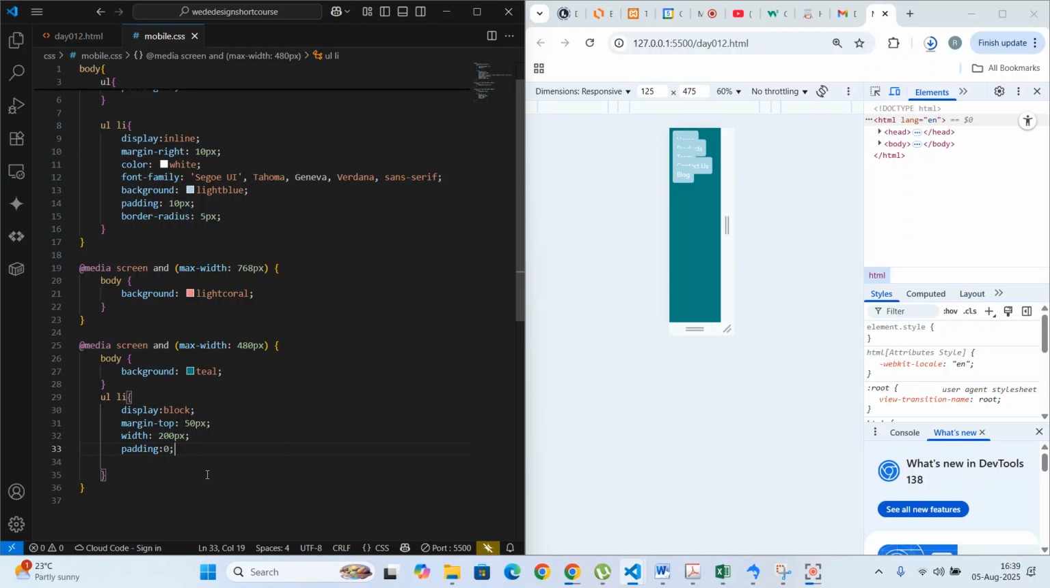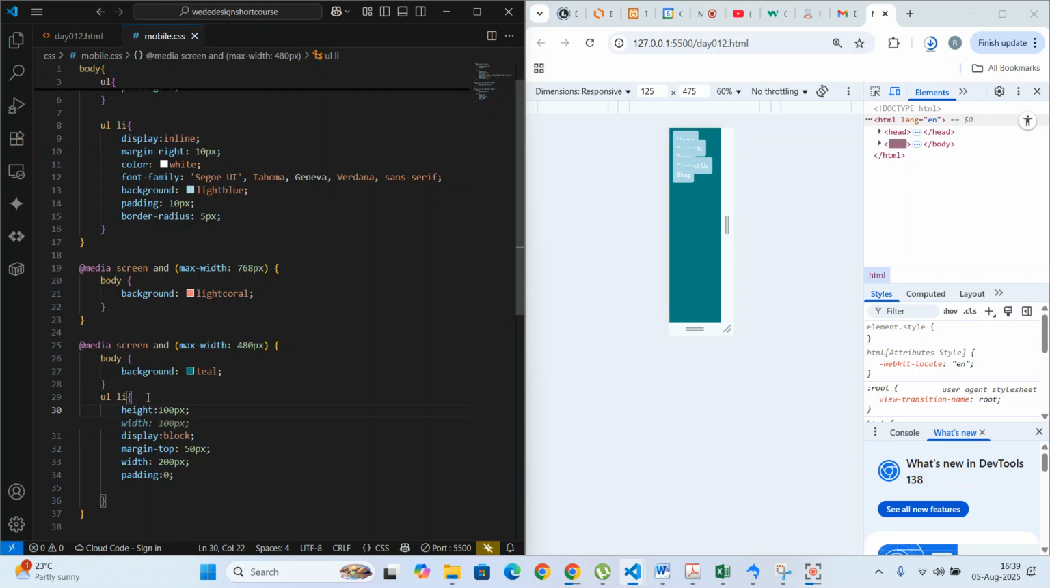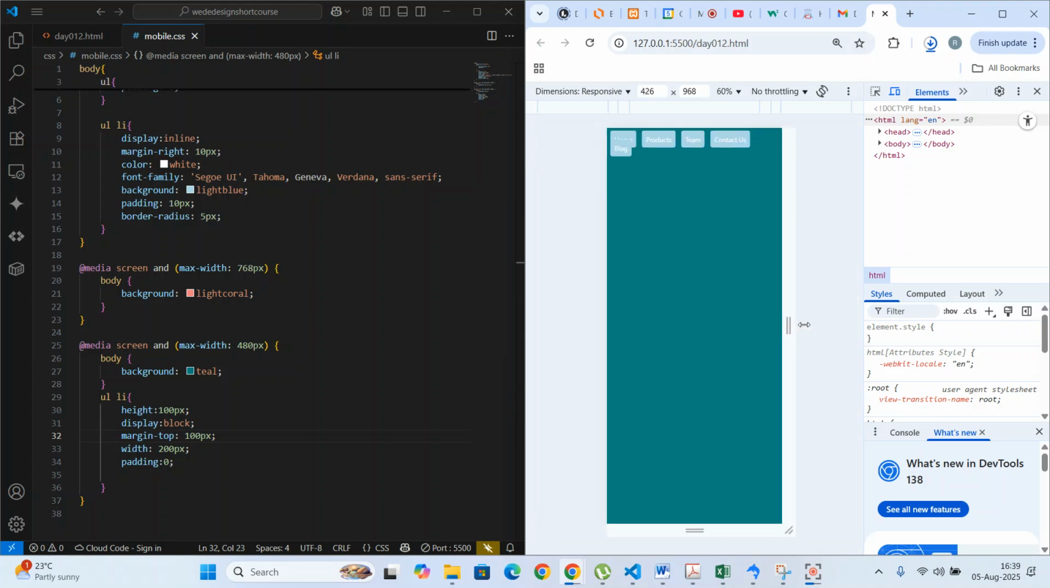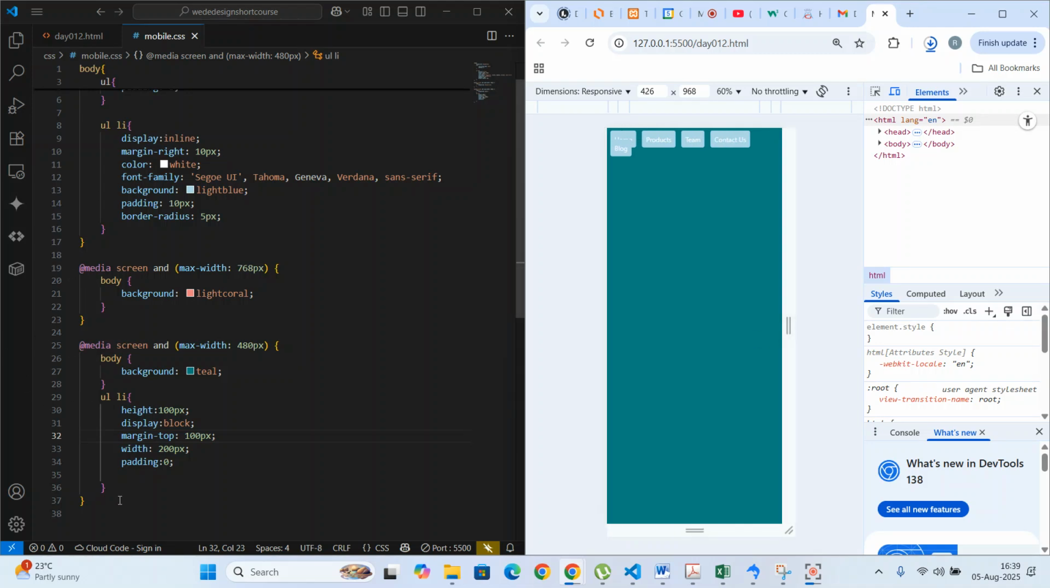Yeah, so now the padding is not there. So I can give them a height of 100 pixels, and the margin top of 100 pixels. I don't know why it's not adding up nicely. It's supposed to be on top of one another, but you get the idea that when it comes to media,